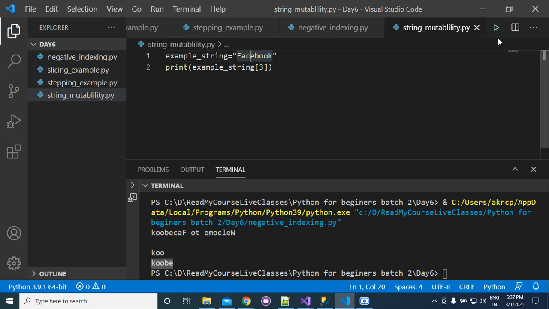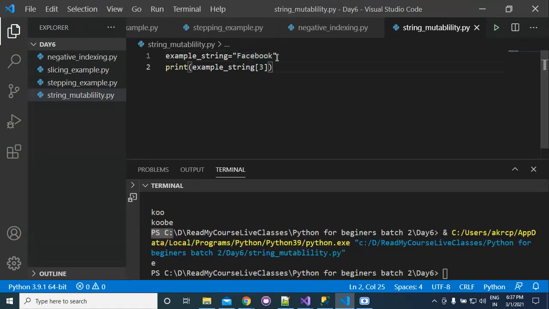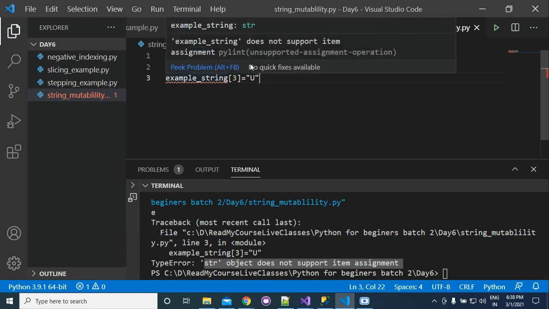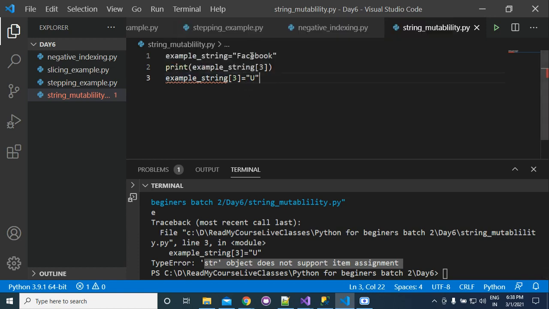But if you try to change the value at the third index, suppose we want to replace this a by u, it will give you an error: str object does not support item assignment, because you cannot change any character in the string. Strings are immutable, you cannot change any character in a string in Python.